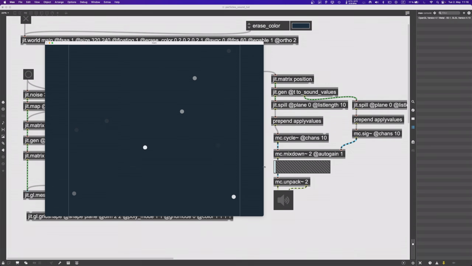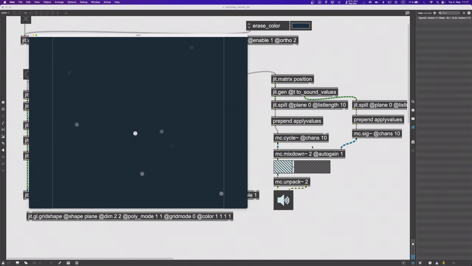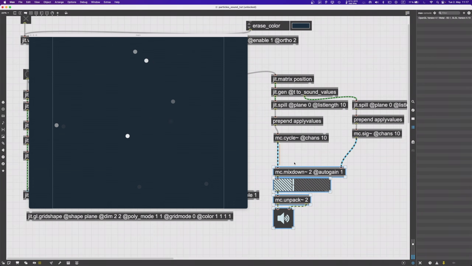Okay, let's see how this sounds now. It sounds a bit more interesting, but we get some clicks. So when the particle jumps to a new position, the velocity jumps to 0, and so we get some clicks. Now, what we could do is to use the lifetime to multiply the sound, for example. So let's do it like this, and let's create just a